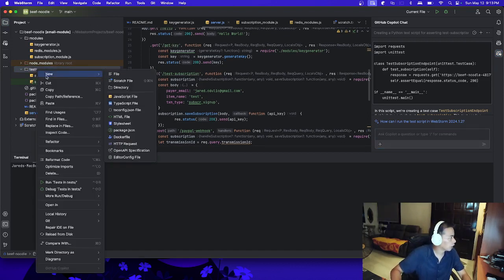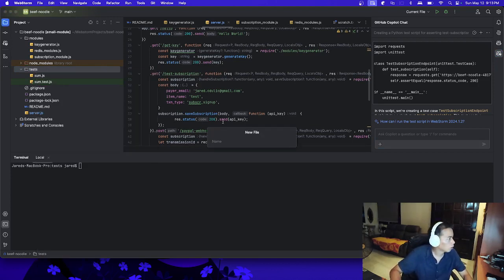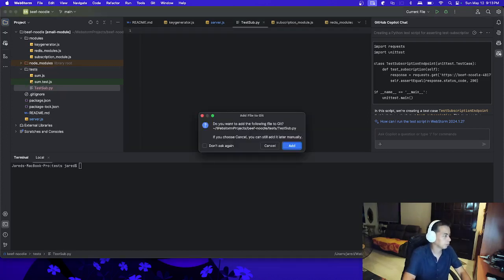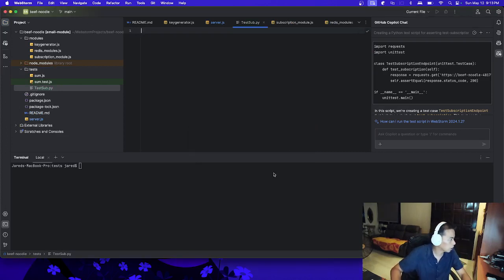So now let's create a new Python file here. We'll name the Python script testsub.py. Do you want to add this to the Git stage? Yes, let's add it to the Git stage.